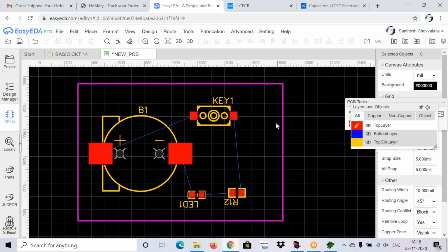Now if you observe, the resistor, LED, and the button are placed in such a way that they do not overlap with any other component, they are placed at certain distances, and the wires are properly given without any overlapping.